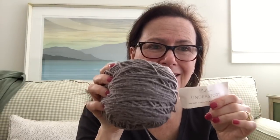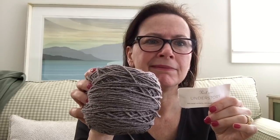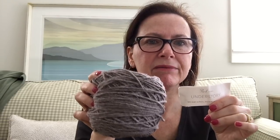And okay, the color is supposed to be silverberry. Does that look like silverberry to you? It doesn't look like silverberry to me. I don't know. Anyway, I was going to return it because I really didn't like the pattern. I thought I had 4 skeins of it. I wound one, so I wanted to return the 3. So I'm getting ready to return the 3, and I'm starting to look through my Ravelry favorites